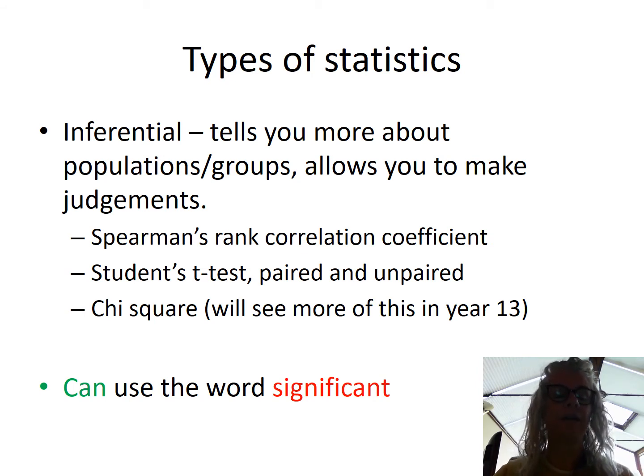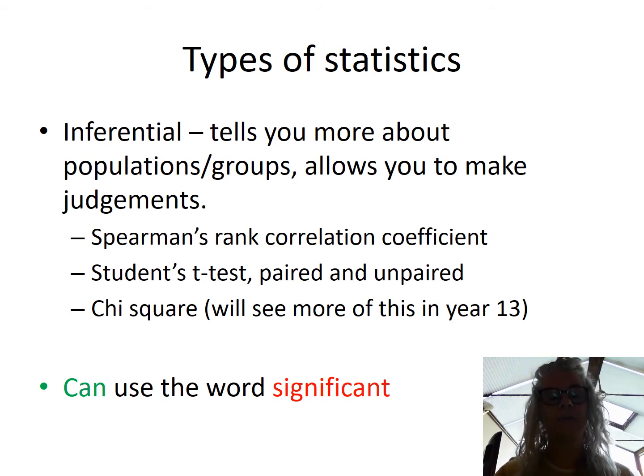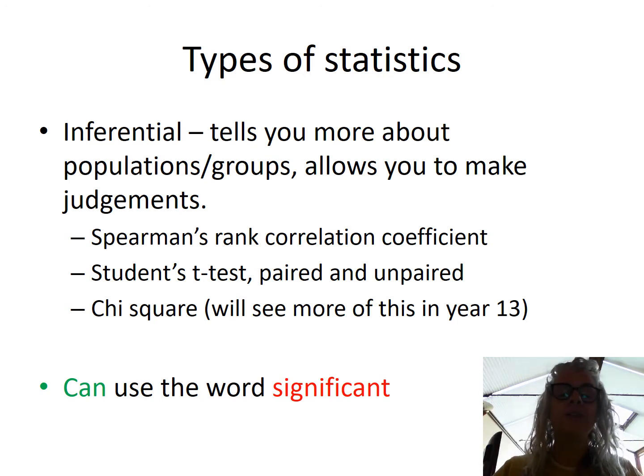So the inferential tests allow you to use the word significant, because you can say that one is different to that other group. You can say these two areas are different. You can say these two regions of the country are different. There is significant difference, or there is not significant difference. You can use that word for Spearman's rank. The two different types of t-test we're going to look at, paired and unpaired, and then chi-square,